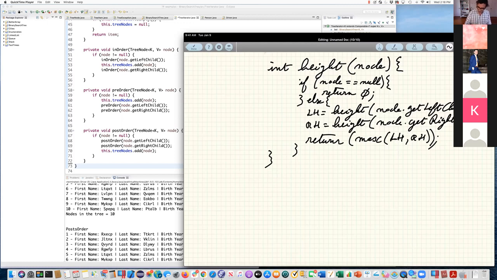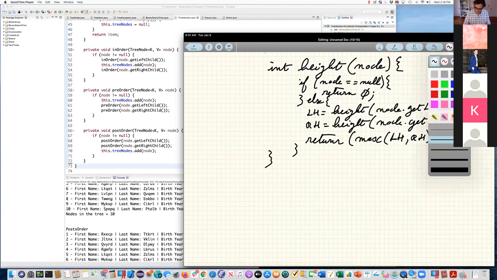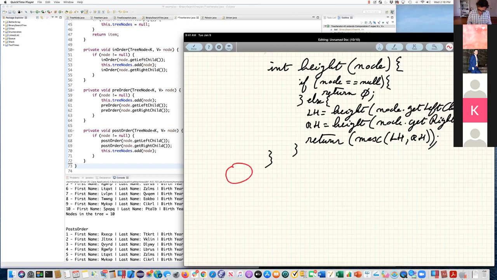So if I go back to my tree over here that I could make: 15, 10, 5, 20, 35, 30, and 33.